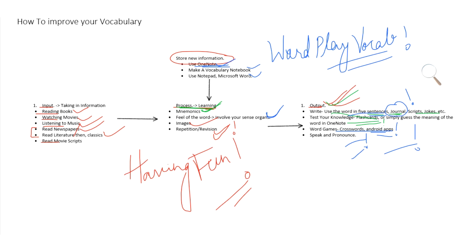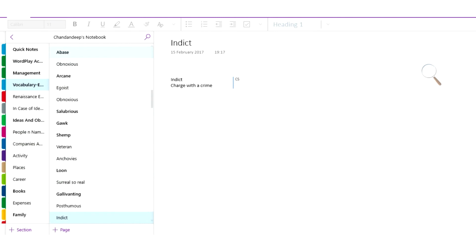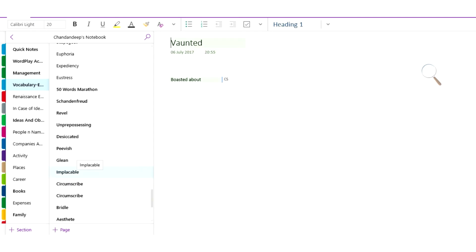Now let me show you how I am using OneNote as a tool to improving my vocabulary. So I've created a vocabulary section in my OneNote notebook. I try to guess the meaning of this word, and if I do not know, I'll click on it. And storing the meaning of the word does not take any time, because as soon as I encounter a new word, I make sure I have my phone with me. Now OneNote also has a badge where you can save your notes without unlocking the phone. So it really helps. So I just store my new word,